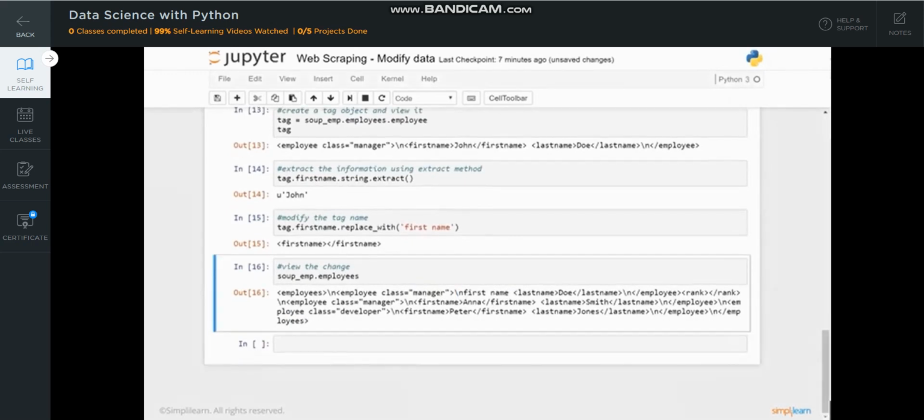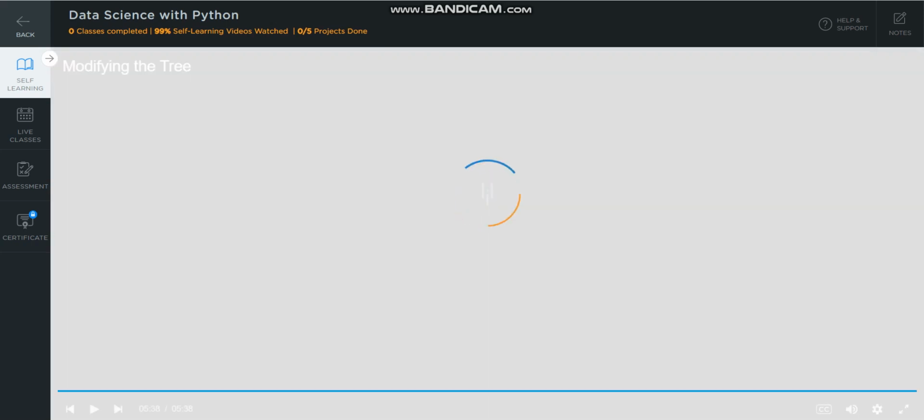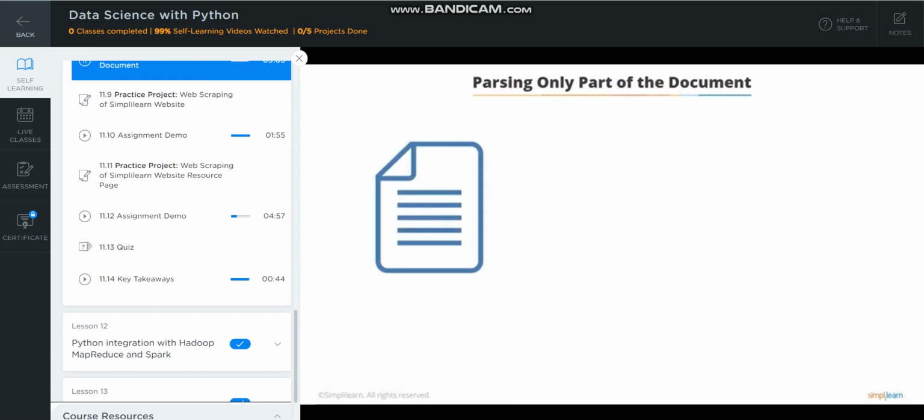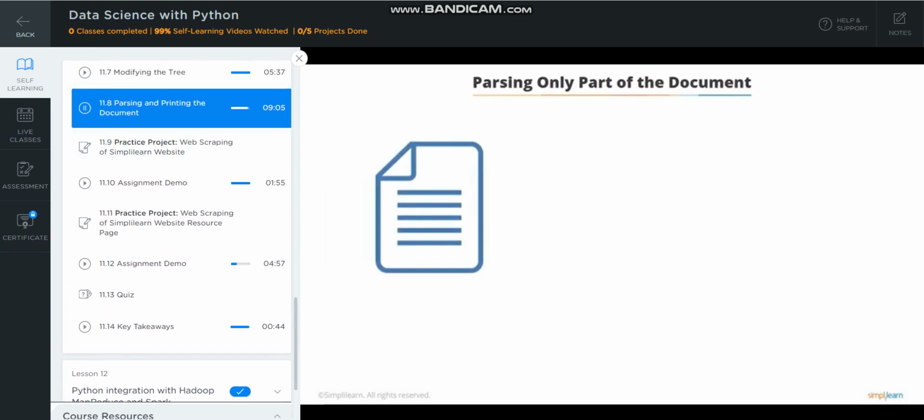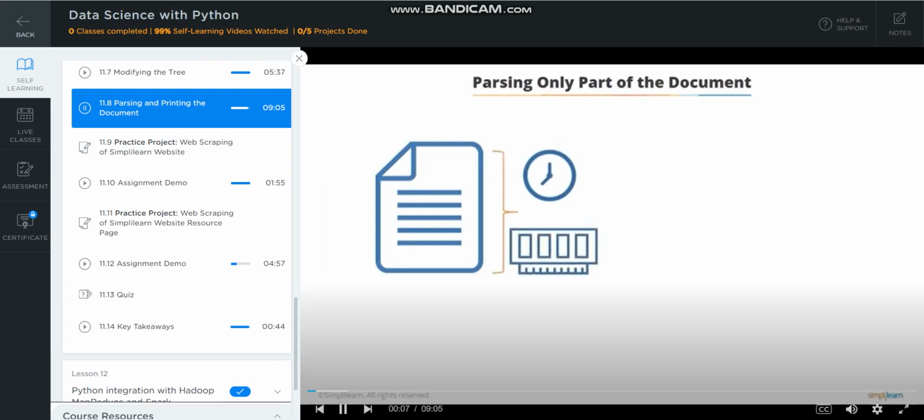You have now learned the various ways to modify a tree. Sometimes you'll be in a position to pick where to parse only a part of a document. In this case, it's a waste of time and memory to parse the document